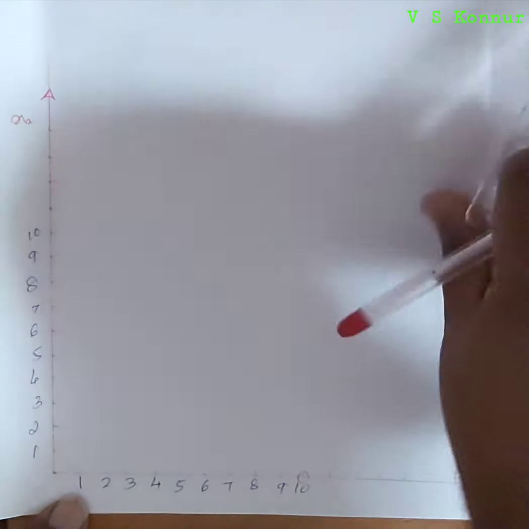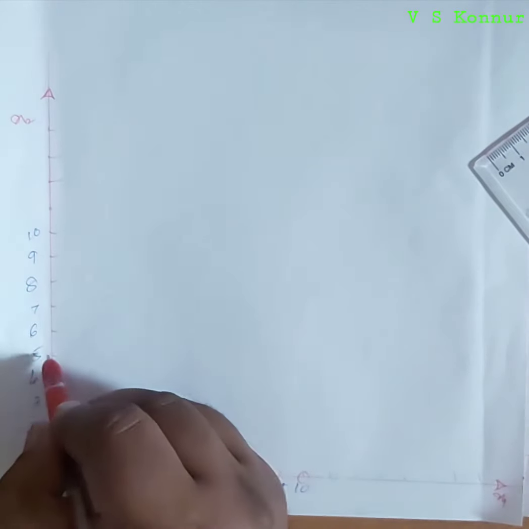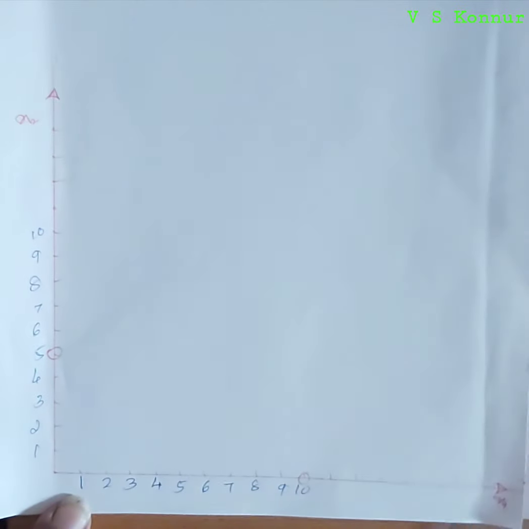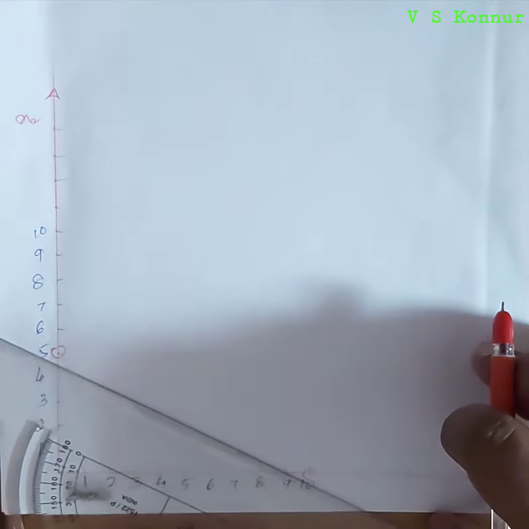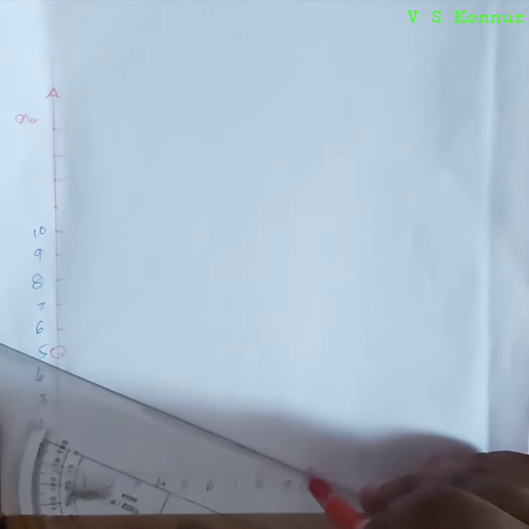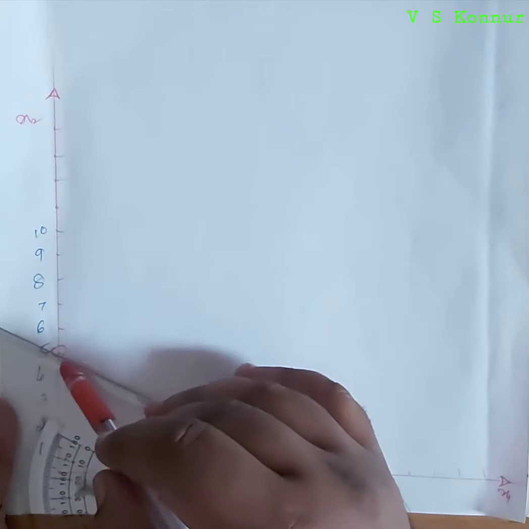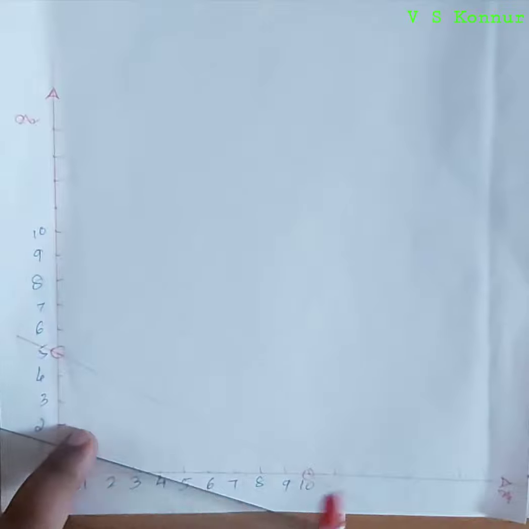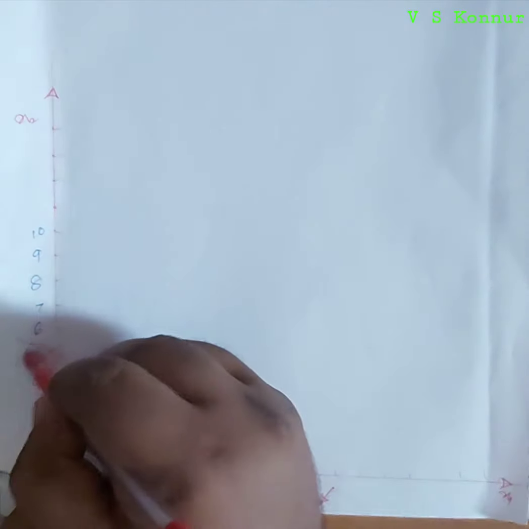Next, x2 is equal to 5. So this is the first line we got. Now we'll draw a thin line. Now it is having a less than or equal to sign, so the arrow marks are near to the origin.